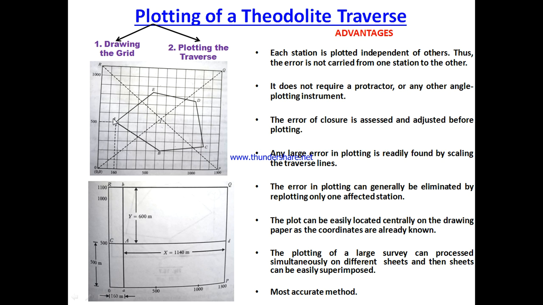So we will try to locate this point as A. Now we get the point A, which is 160 meter east and 500 meter north, because we have considered the coordinate origin. Now we have considered our origin as 0, 0, and what does 0, 0 mean? 0, 0 means 0 east and 0 north. So if I am saying 160 east, then I have to move in this direction. If I say minus 200, that is 200 west, then I need to move in this direction.